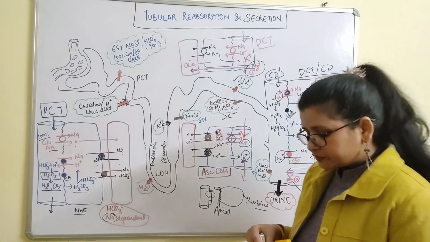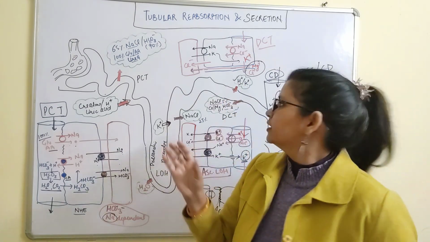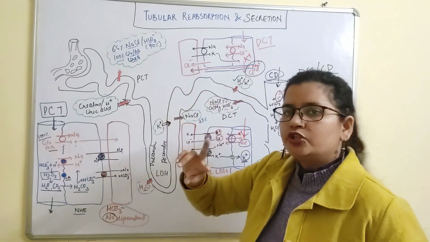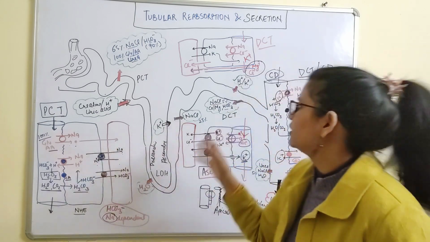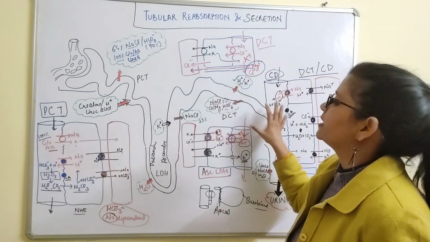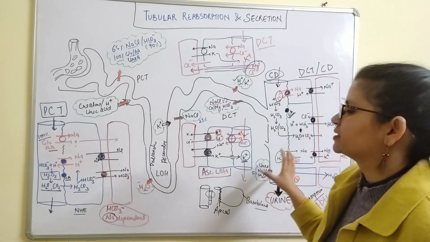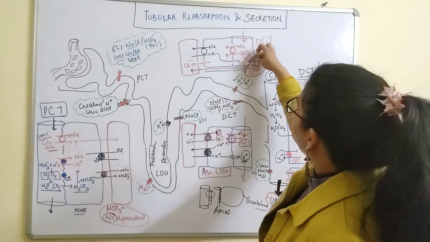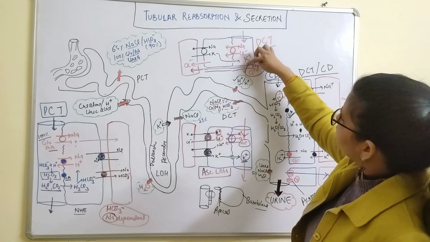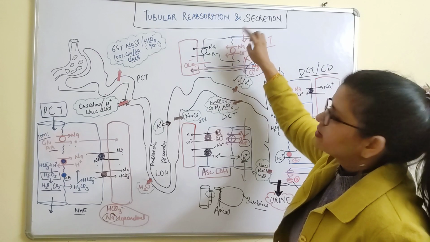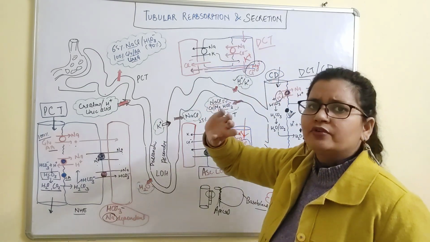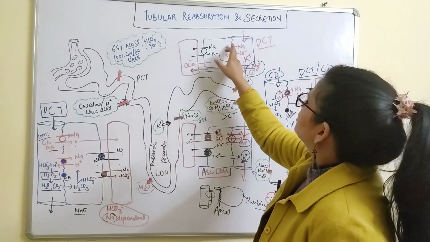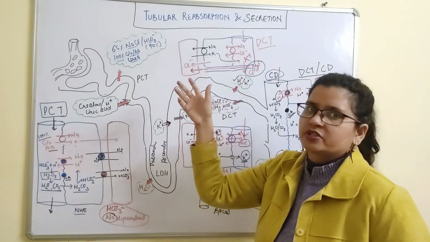Coming to DCT. Now DCT, basically early part of DCT and late part of DCT. In two ways we'll see this reabsorption. The late part of DCT and CT are the same. So we'll see what happens here. Again, this is the lumen. Here filtrate is coming, here filtrate is leaving. So this membrane is the apical membrane. And you don't have to mug it up, actually the apical membrane has some villi-like structure to increase surface area for absorption, right?